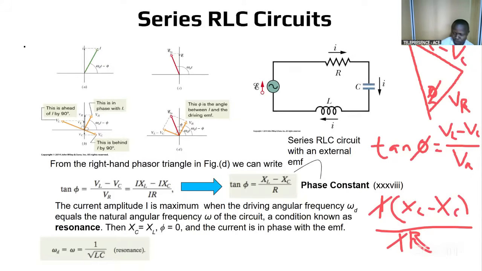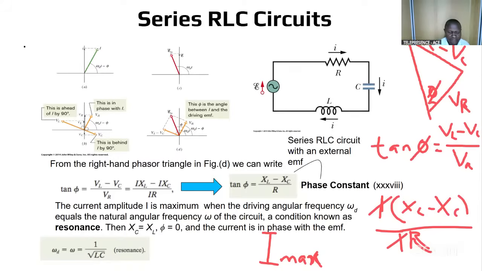So I is maximum. We're going to look at one phenomenon. If XC is equal to XL, what will happen? When XC is equal to XL, then we have maximum current in the circuit. Maximum current in the circuit when the capacitive reactance is equal to the inductive reactance. It means the phase angle is equal to 0, and